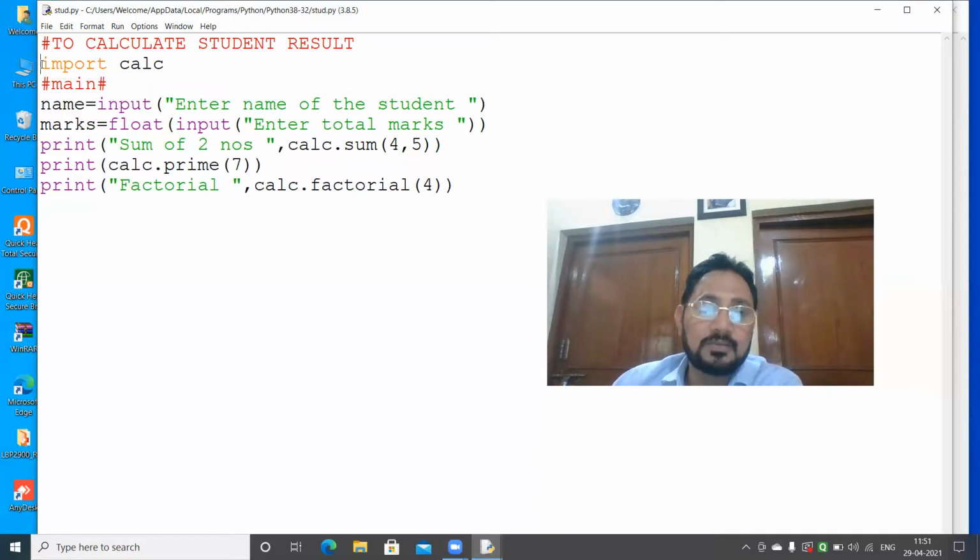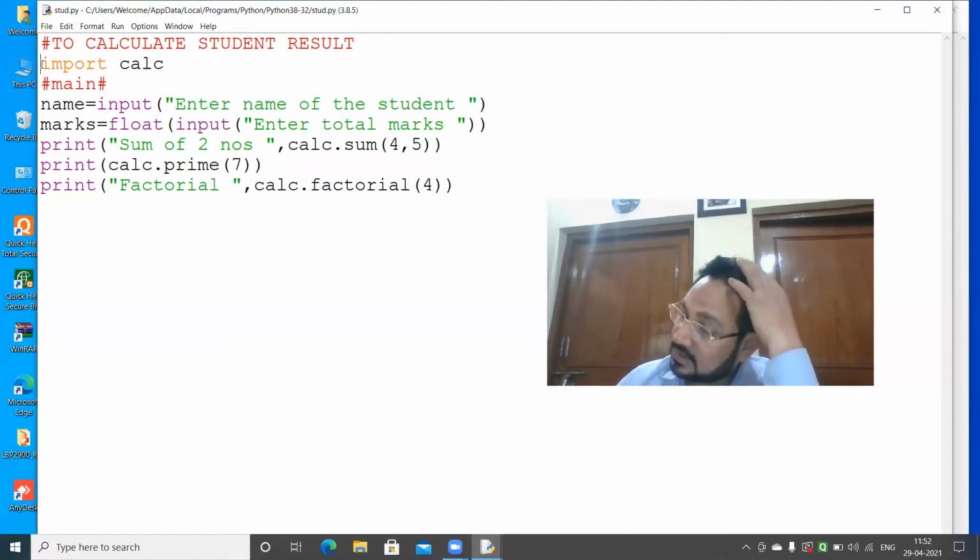All the functions of the module are used here. Using import calc, which objects are there, which functions are there? The functions are sum, prime, factorial. All are used. But now I am calling selected.